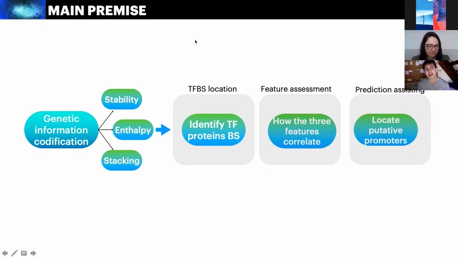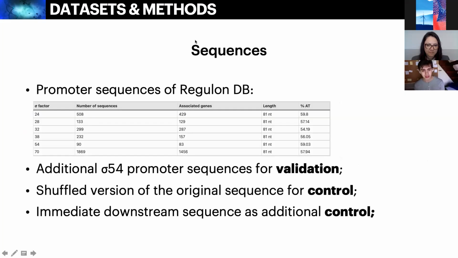Furthermore, we can also take a look at how these 3 features are correlated, if there is one that can better represent a given sequence, a given sigma, and so on. And finally, the main reason for this is for us to use this DNA codification in an attempt to find promoters in unannotated genomes. The methods and data sets that we have used to do so, we have selected here